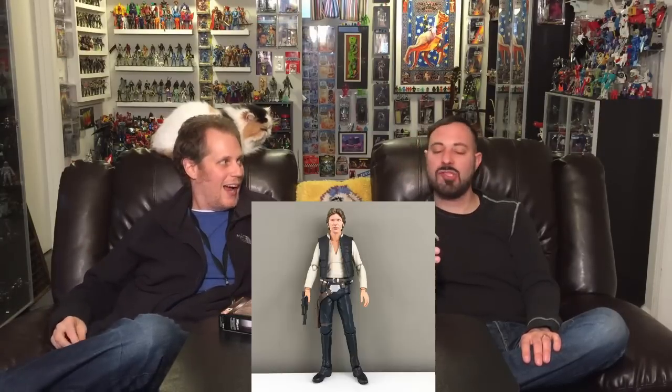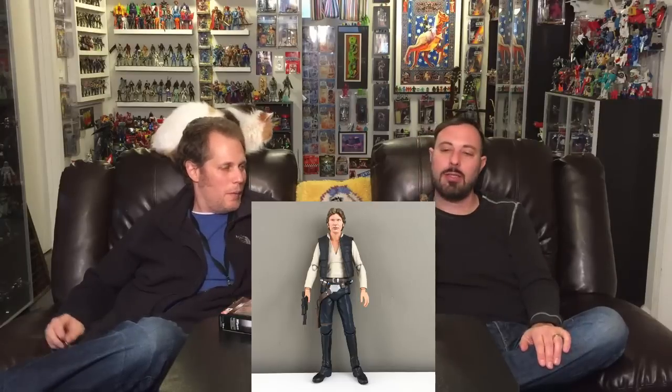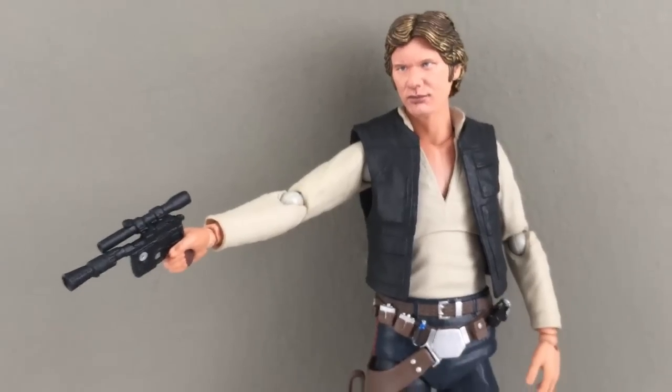I don't know why, because he seems like he didn't get fat in Empire, but in A New Hope he was a skinny guy. He was a real skinny guy. I think he bulked out a little bit more in Empire because he was doing Indiana Jones and stuff. He cut his hair too. His hair wasn't as 70s. I think